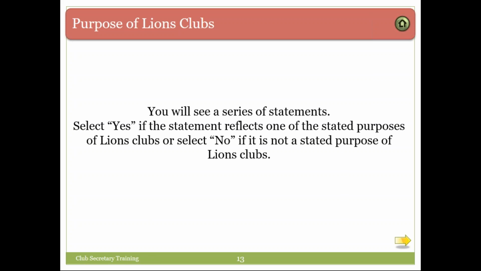I'm going to have you in the chat either reflect yes or no for the following statements, and I'll have Lion John give me the preponderance of the answers from the chat. Remember, respond in chat.